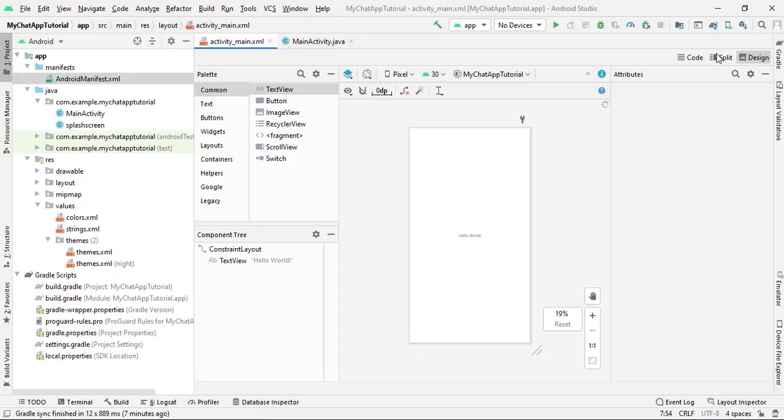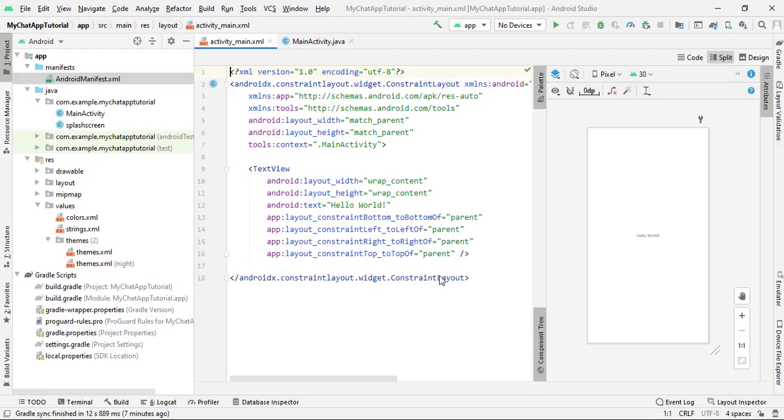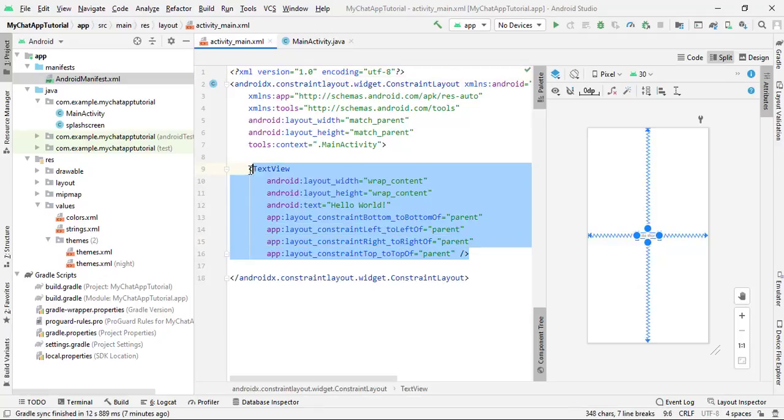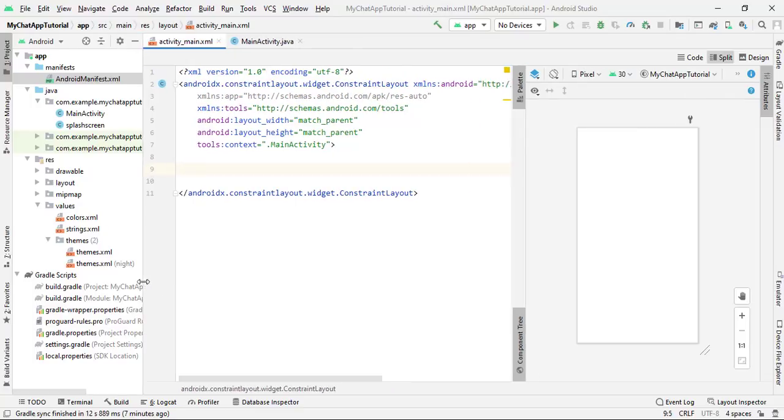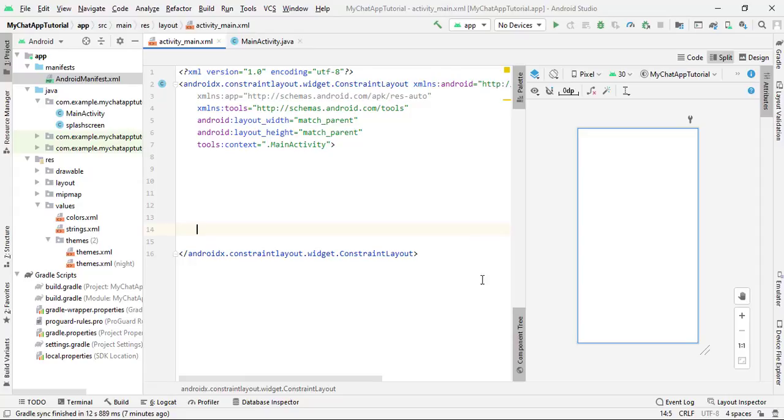Now we come inside our activity main.xml file and click on split. Now we have to write the main activity code, and this main activity contains the OTP authentication to enter the user number and also the country picker library. So we are going to implement that here. So first of all, do the same thing here. Simply change the constraint layout to relative layout. So I simply type here relative layout.